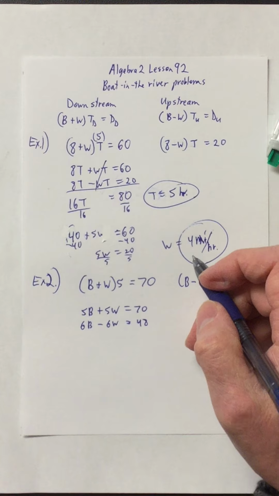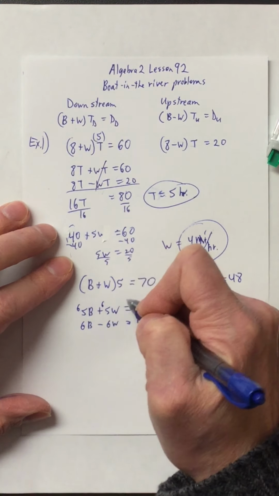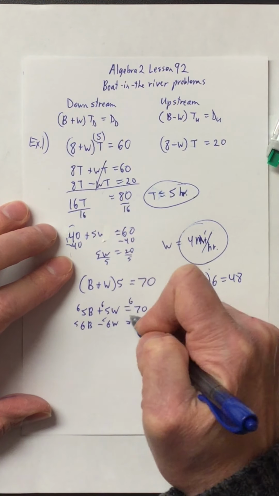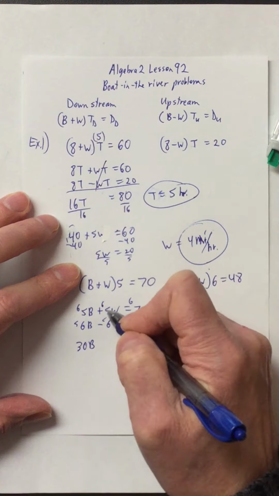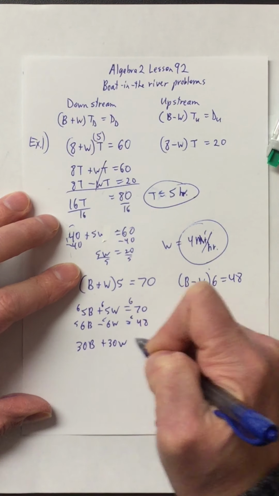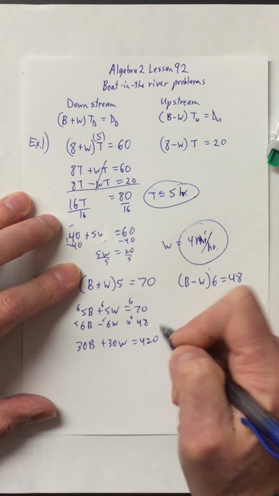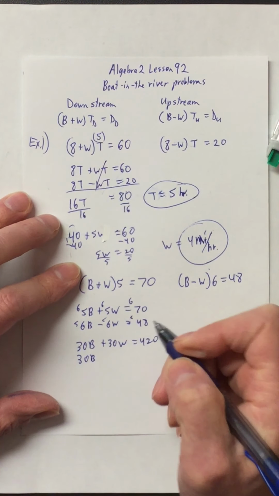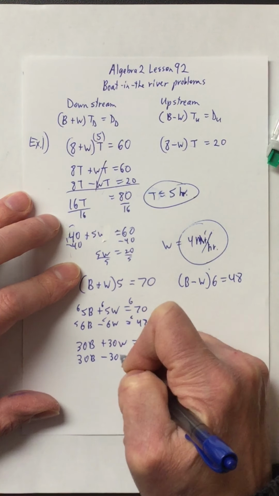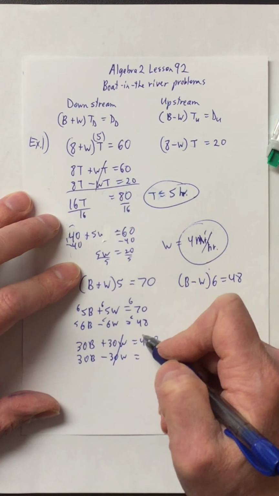Let's go ahead and multiply by 6 on the top and then 5 on the bottom and then rewrite that. So it gives me 30B plus 30W equals 420 on the top. Bottom, same thing, 30B minus 30W, these ones are going to cancel, is equal to 5 times 48,